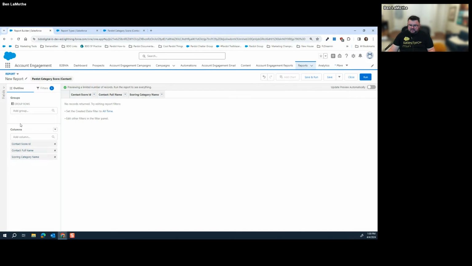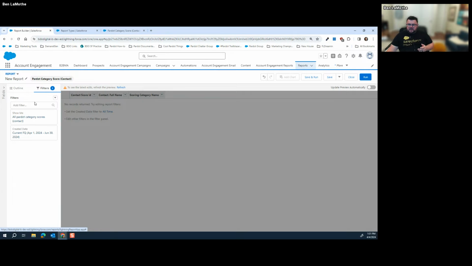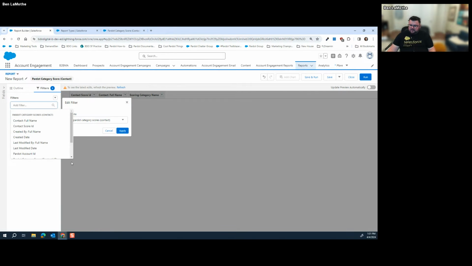It's not going to return anything because I don't have anything in here, but what you're able to do, let's get rid of the scoring ID. So if you had a specific scoring category, if you're using scoring categories, you can use the scoring category object from Pardot into Salesforce. And so what this will do is, as a use case, I want to see all contacts that have at least 50 points in this one scoring category. You can say,